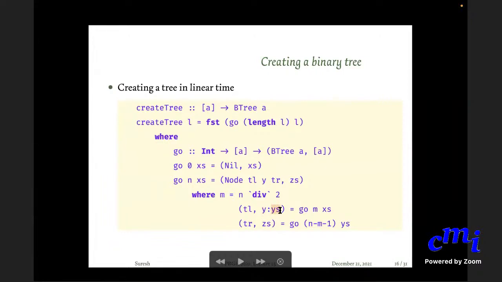And out of that, I want to create a tree out of the first n elements. Now M elements I have taken care of. I have already created a tree, and then one element is at the root. So out of n, I have taken care of M elements and then one more element. So how many more elements should I consume? N minus M minus 1. So that is what.